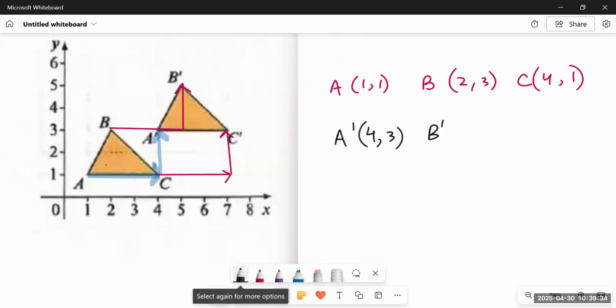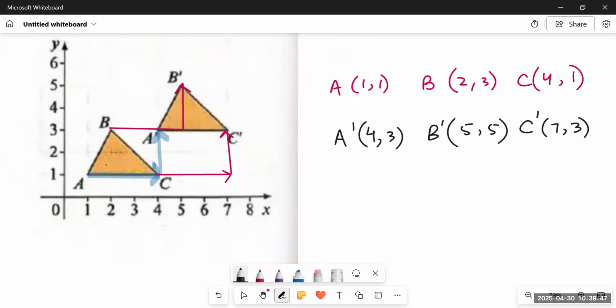Similarly, for B dash, it's 5, 5. And for C dash, it's 7, 3. First of all, you have to learn how we identify the coordinates for any given vertex, for any